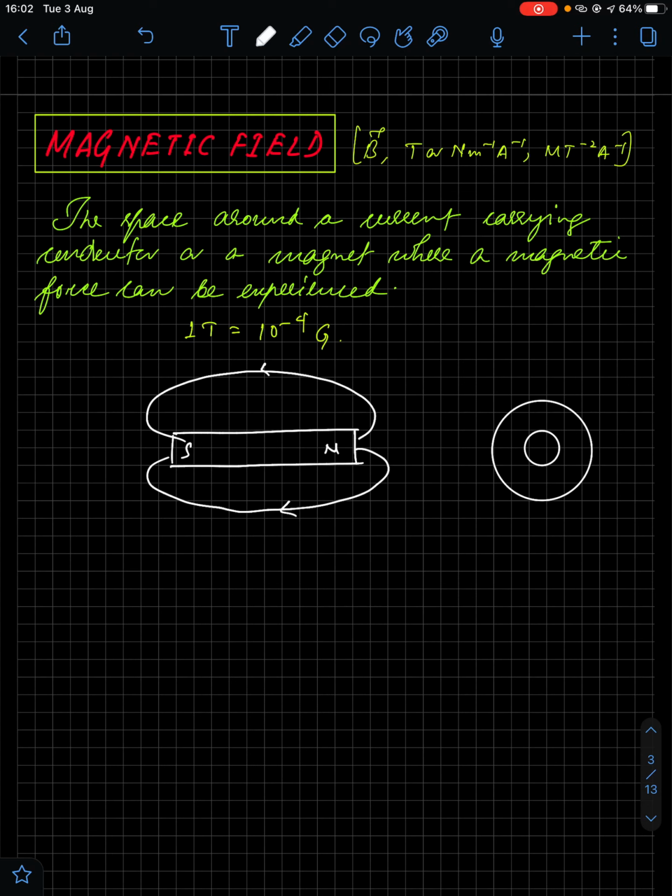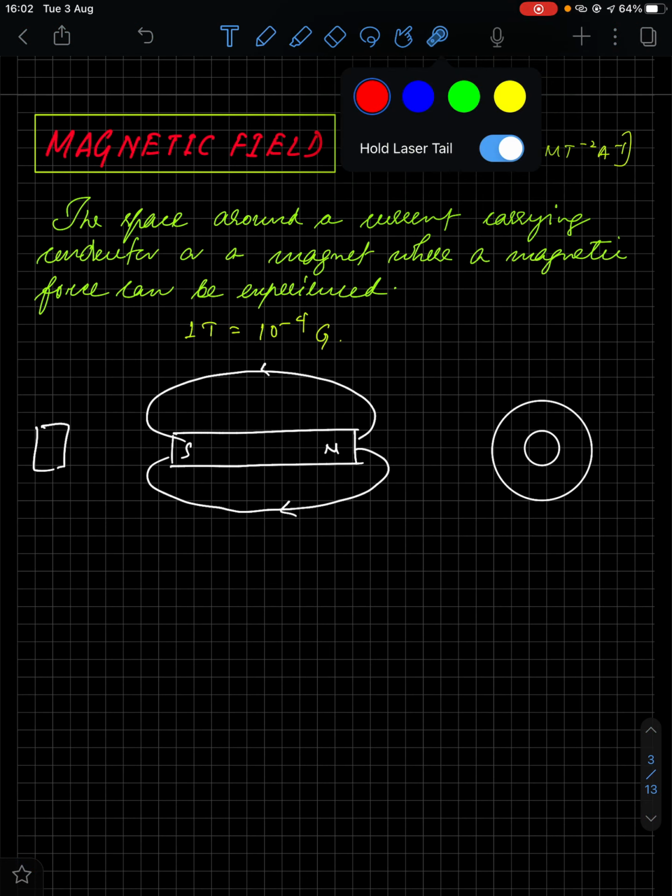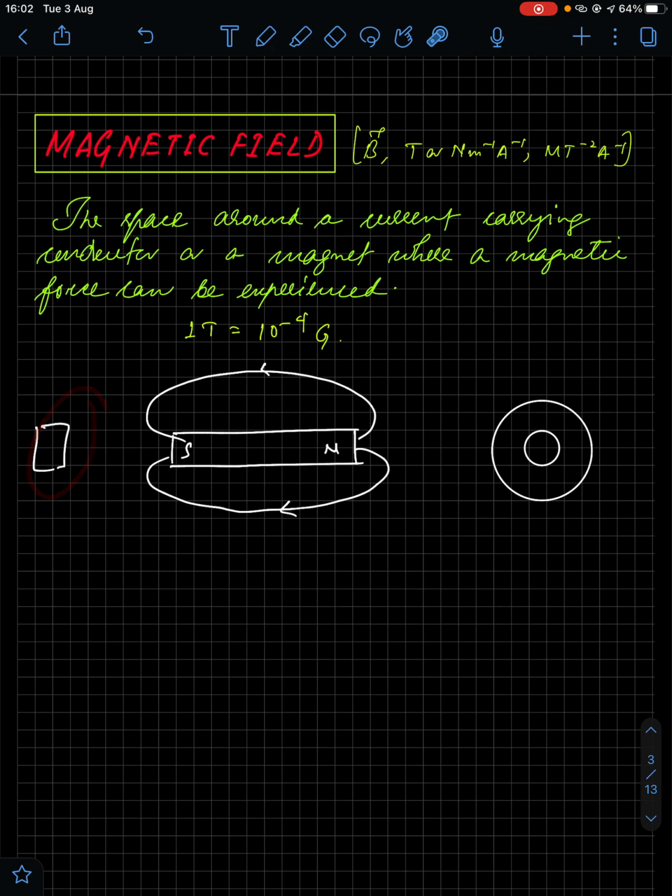Now near a magnet, what happens if you have another magnet or another magnetic substance, say an iron nail? That iron nail, or that iron block here, will experience a magnetic force. Even if you have a magnetic compass near this bar magnet, that will also show direction in accordance with the